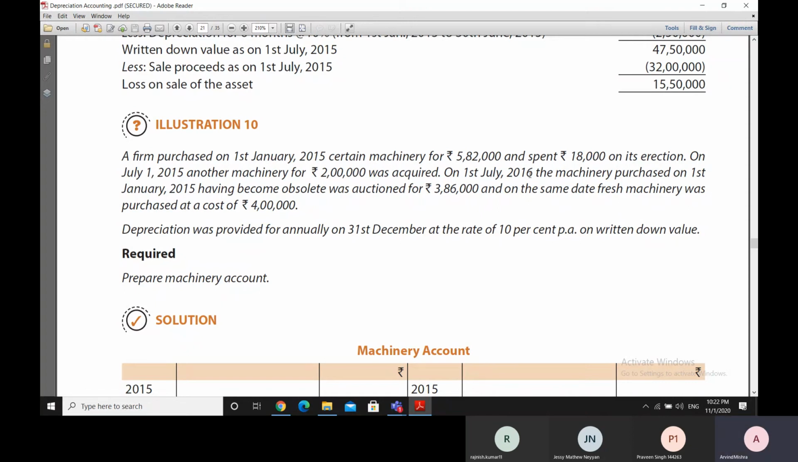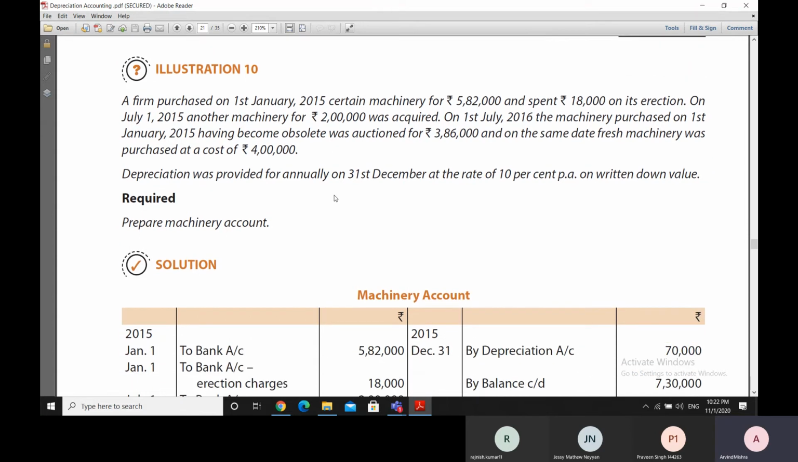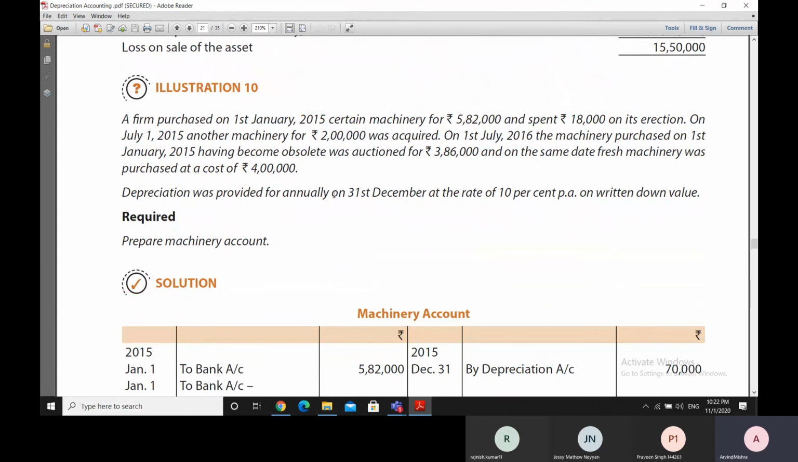On 1st July 2016, the machinery purchased on 1st January, having become obsolete, was auctioned off for 3,86,000 rupees. So this machinery which we had purchased for 6 lakh rupees became obsolete. It was auctioned for 3,86,000 rupees, and on the same date, a fresh machinery was purchased at a cost of 4 lakh rupees. Now, depreciation was provided for annually on 31st December at the rate of 10% per annum on the written down value. So we have to prepare a machinery account. So therefore, we need to calculate the depreciation